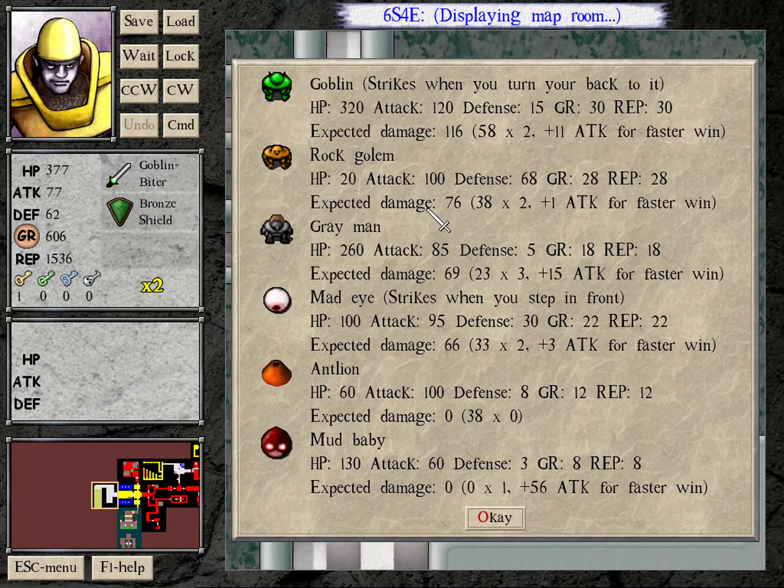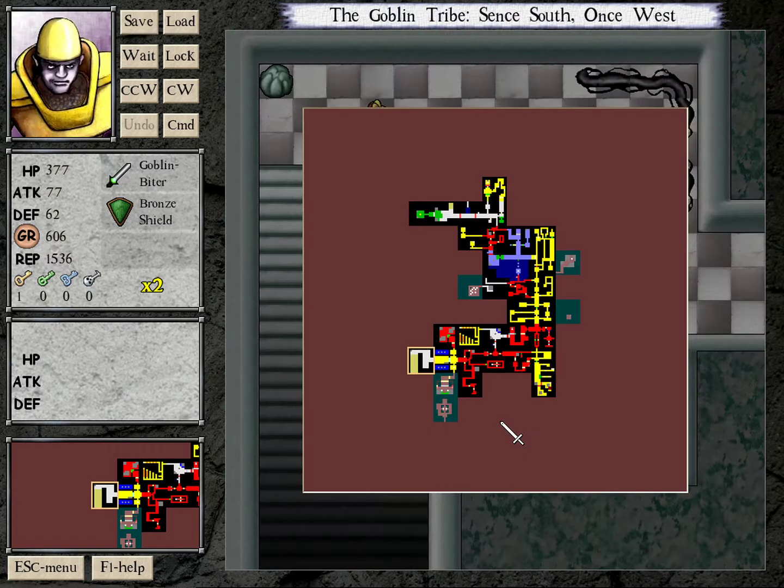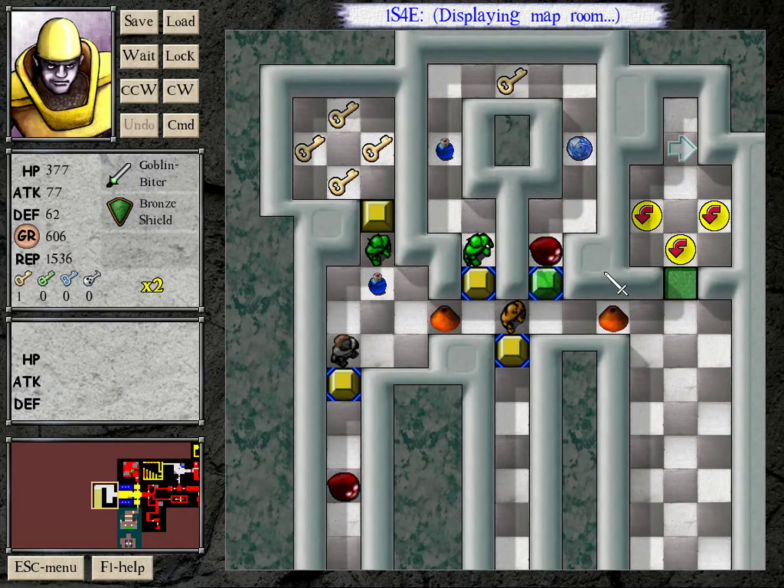The golem will get quicker in just 1 more attack. The Mad Eye will get quicker in 3 more attacks, and in 3 more attacks we've already saved 71 HP, which is the equivalent of getting hit 35 times there or thereabouts after picking up this defense gem. And then for this defense gem,